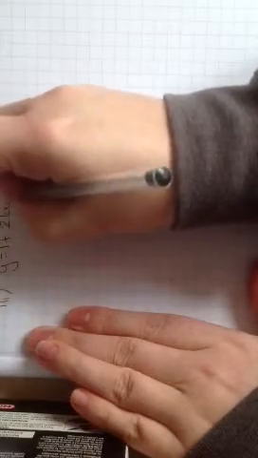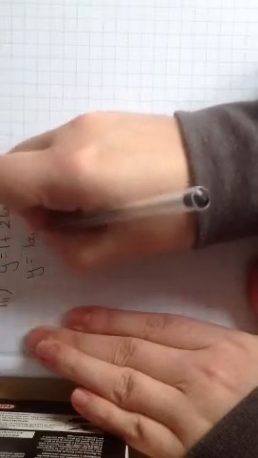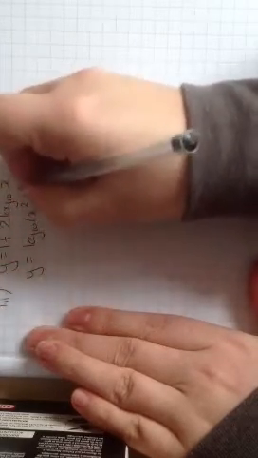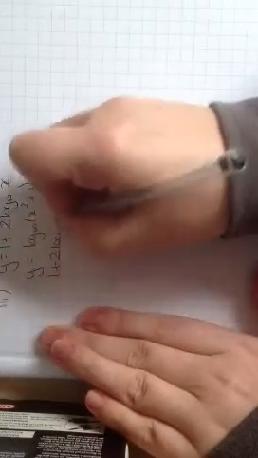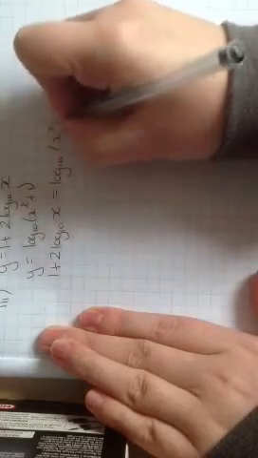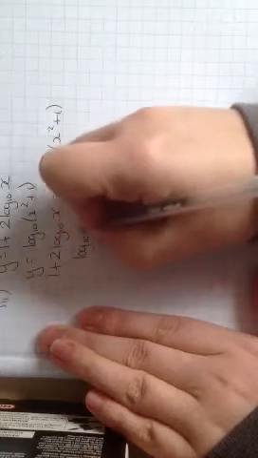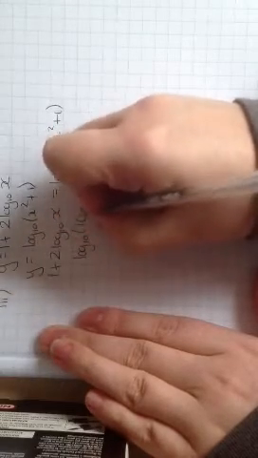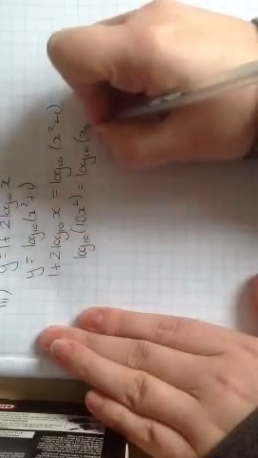Question number 3, we've got a curve which is y equals 1 plus 2 log to the base 10 of x. We've got another curve which is y equals log to the base 10 of x squared plus 1. Well, we know that 1 plus 2 log to the base 10 of x is therefore equal to log to the base 10 of x squared plus 1. We also know that this is the same as log to the base 10 of 10x squared from the previous part, which is the same as that,